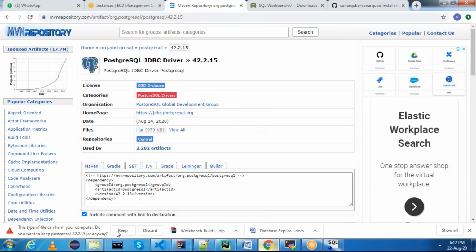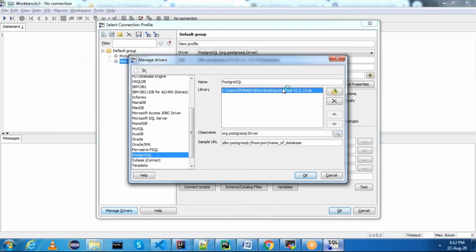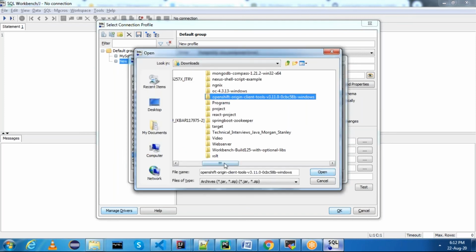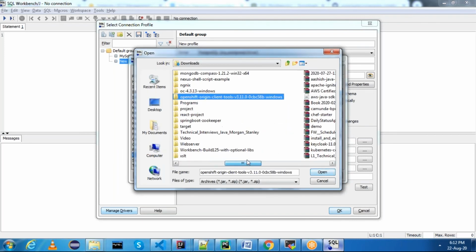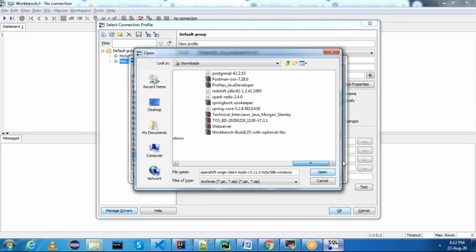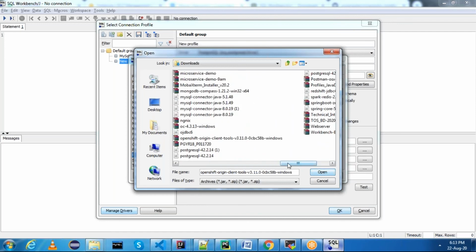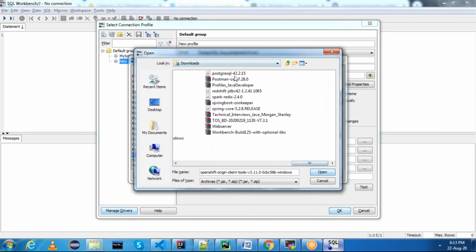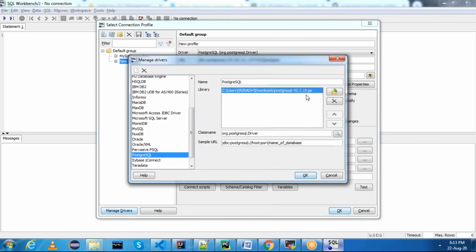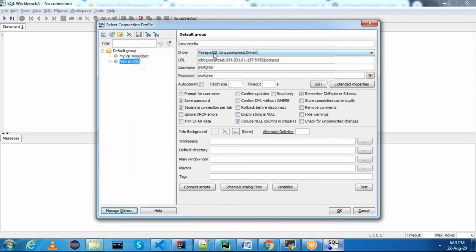You have version 42. If you want to change the driver, you can change it. These are the two versions we have. This is the one which I downloaded. You can use it. Okay, 42.2.15.